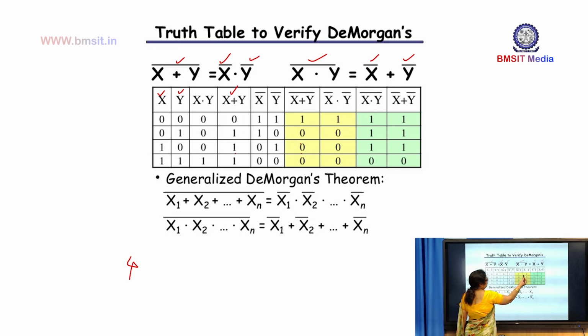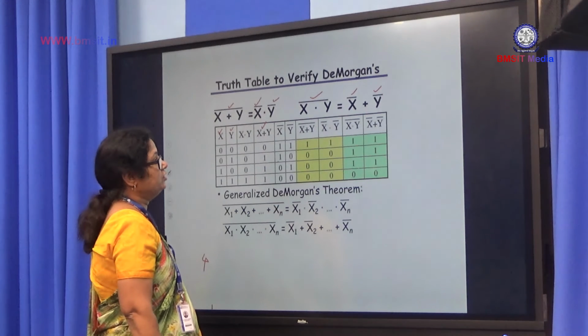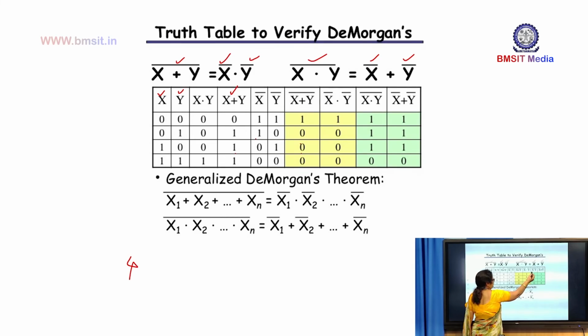Next is the product of x bar and y bar. We have written already x bar and y bar. Just apply the rules of Boolean multiplication for filling this particular column. 1 into 1 is 1, 1 into 0 is 0, 0 into 1 is 0, 0 into 0 is 0. So, like this we are calculating. The next variable we are going to find out is x into y whole bar.